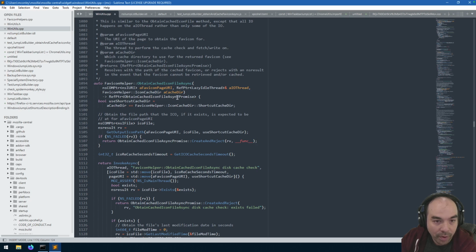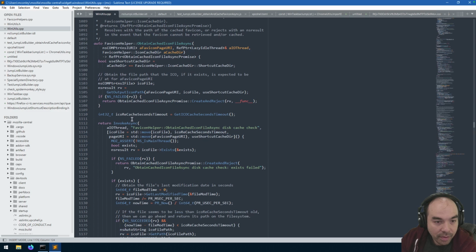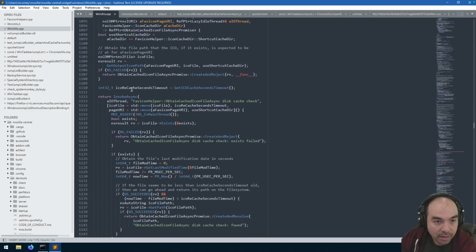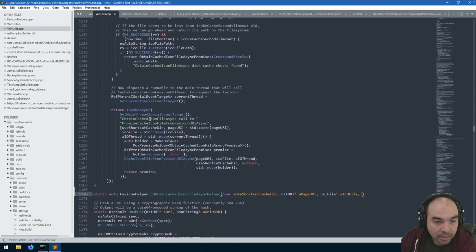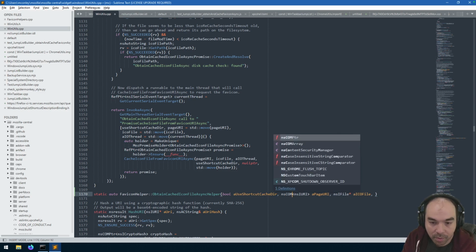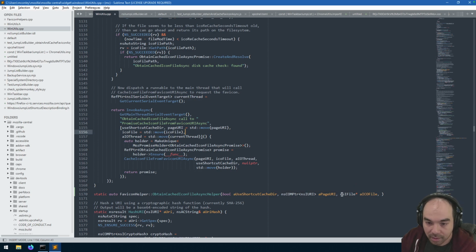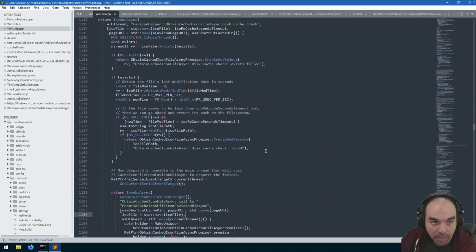oh, sorry, RefPtr, not raw pointers. And then the thread is a serial event target. So RefPtr nsIURI. Or really, these should be like nsCOMPtr maybe, because I think they're COM pointers coming through, right?